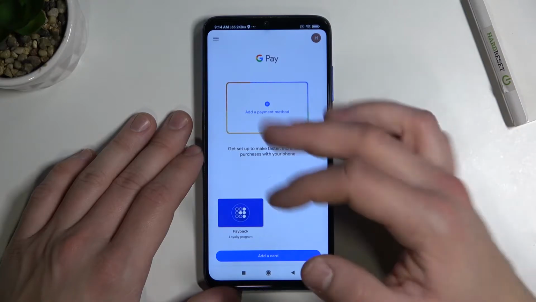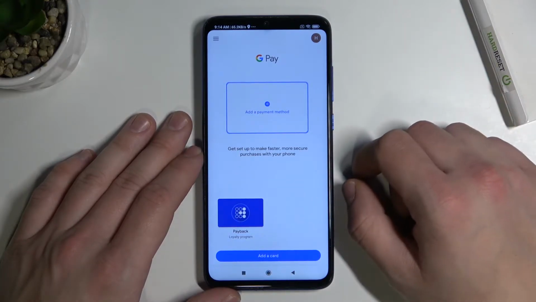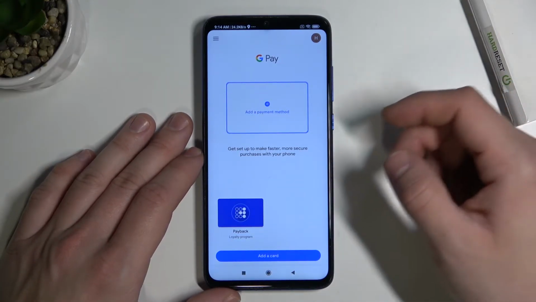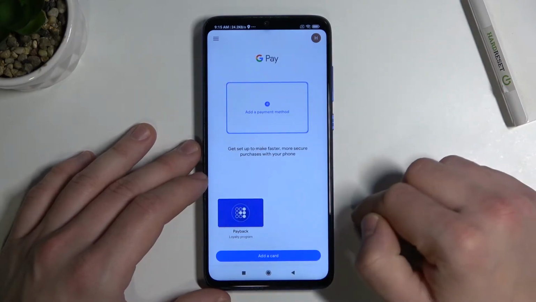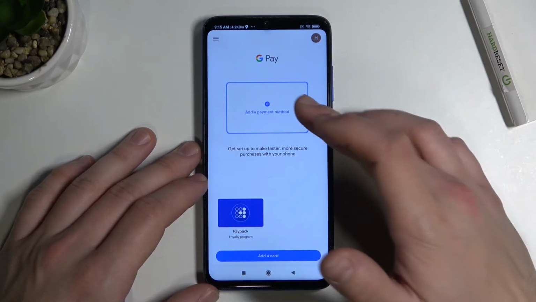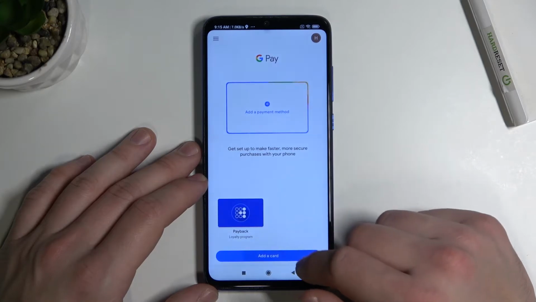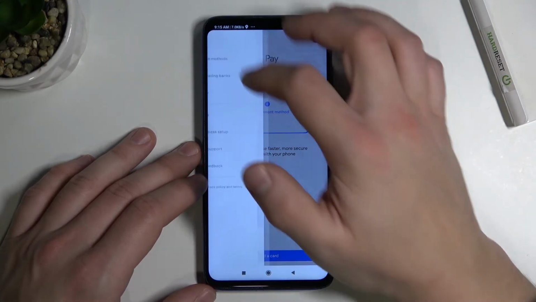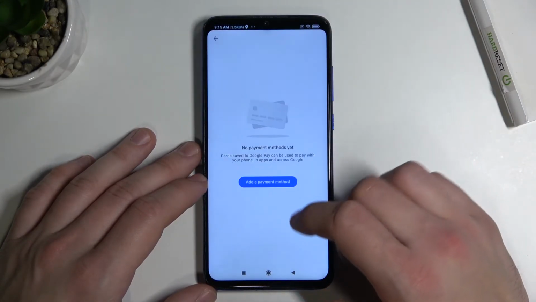I've done it because the interface of the app has changed to more modern. Now, as you can see, this is the homepage of Google Pay, and from here you can add payment method and add different types of cards. Then, if you tap here, you get access to all your payment methods,